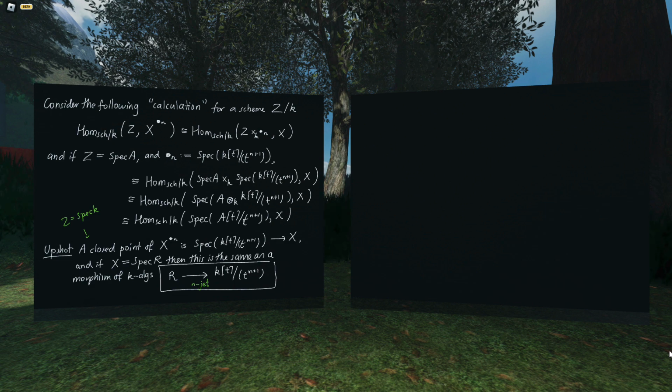Okay, so the calculations were in scare quotes, right? So this actually isn't a definition of the jet scheme, but what you can do is prove that this functor is representable. So this is actually how you prove the jet scheme exists. The theorem: the functor which sends a scheme Z to the right-hand side of that first line there, the set of morphisms of schemes from this product to X, is representable,